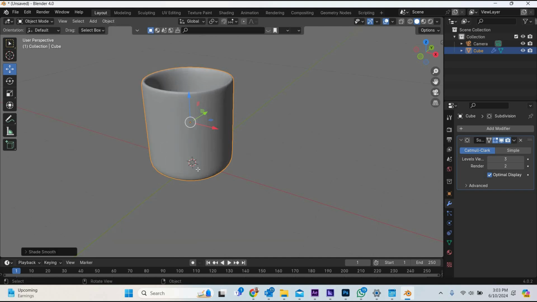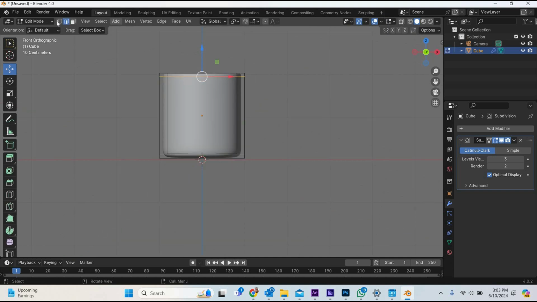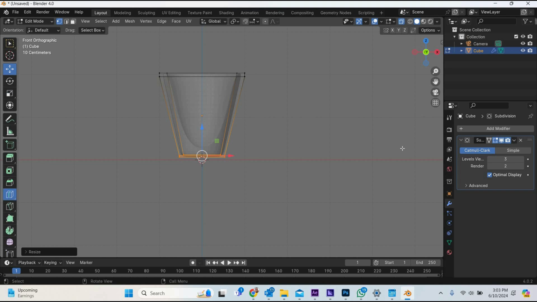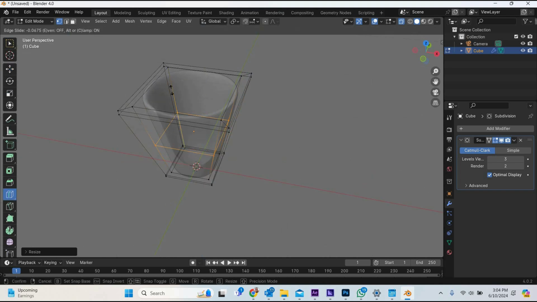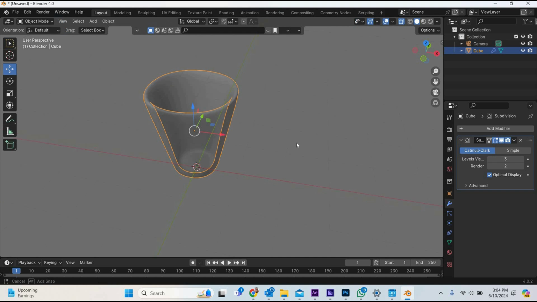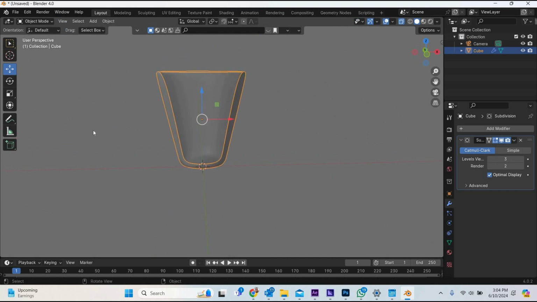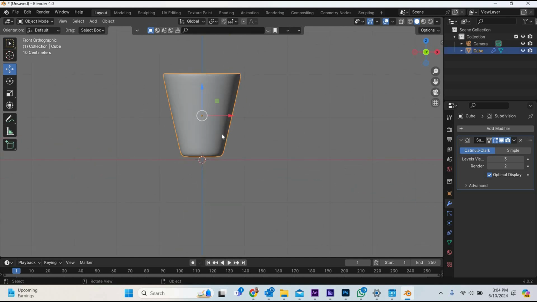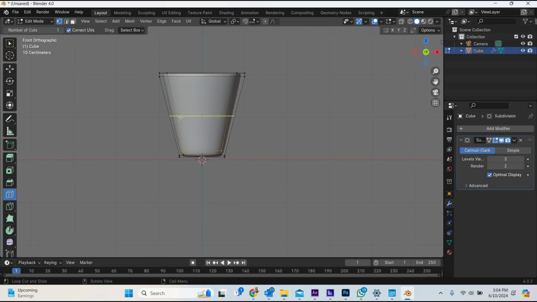We'll further model the glass by scaling the bottom. And now the middle part needs to have sharpness, so we'll add an edge loop inside. We'll add a little bit more detail to the glass, but right now the glass is ready. I just added one more edge loop and bulged it out,